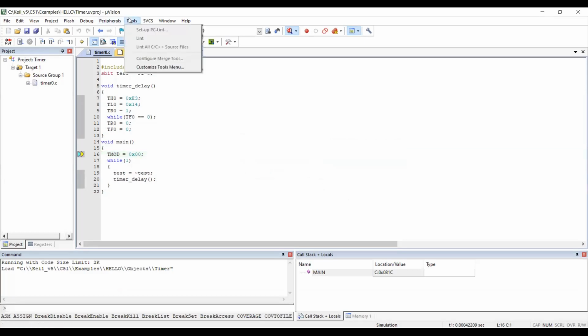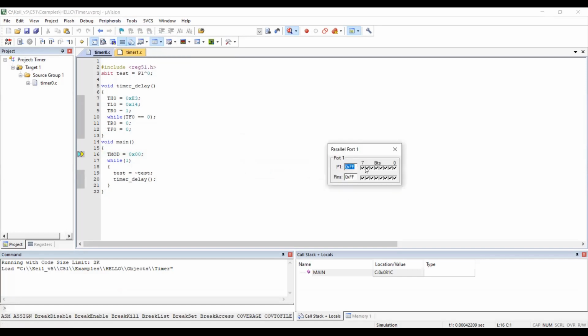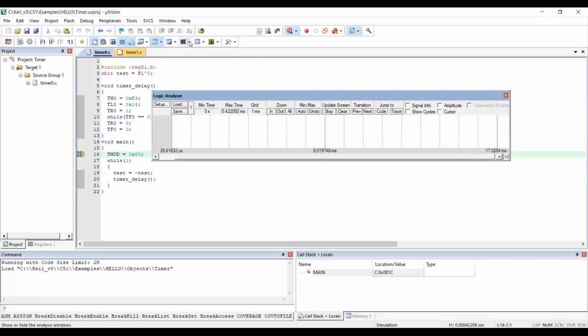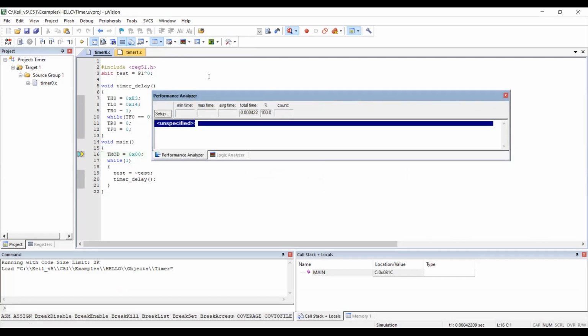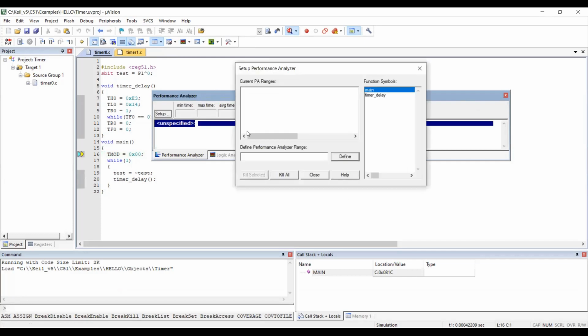Now we go to the tools. We go to peripherals, I/O ports, and Port 1. We uncheck all the bits except the last one. And then we open the performance analyzer and then setup.